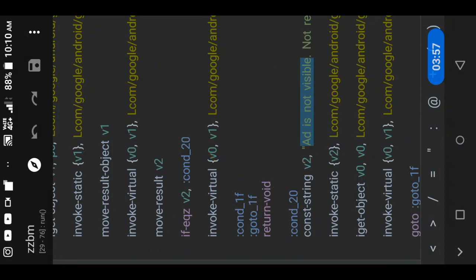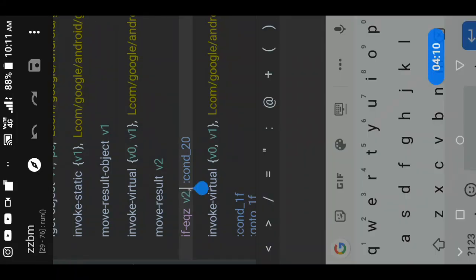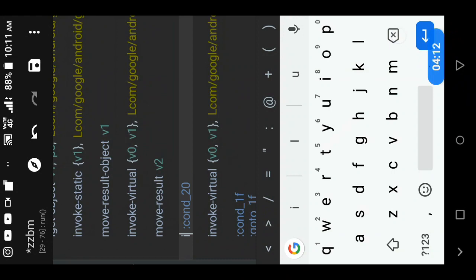So here you can see condition 20 is above it. I want to execute this condition, that is, I want to say for the app that the Google ads are not visible. So what I need to do is add one goto method here. So what will happen is it will go to condition 20 directly.